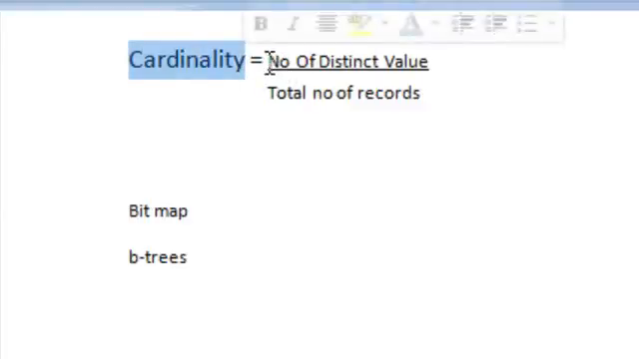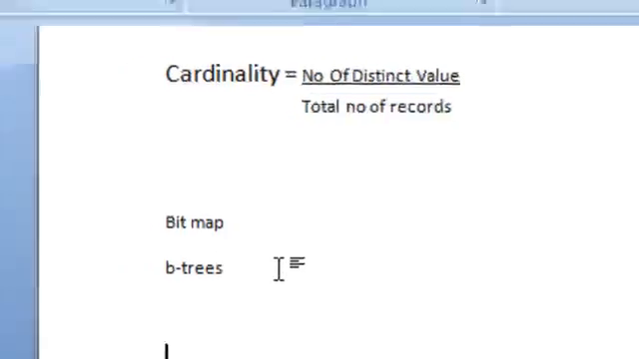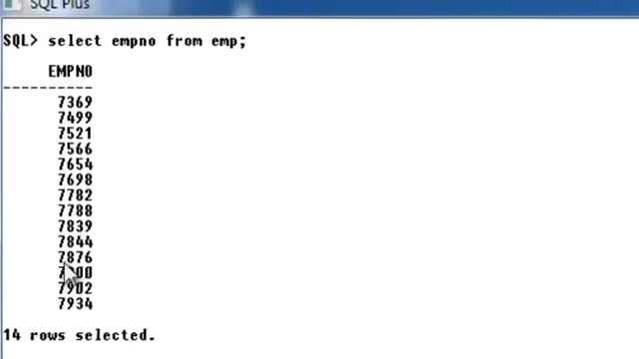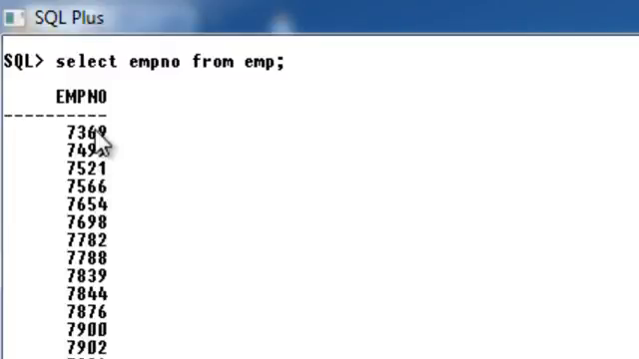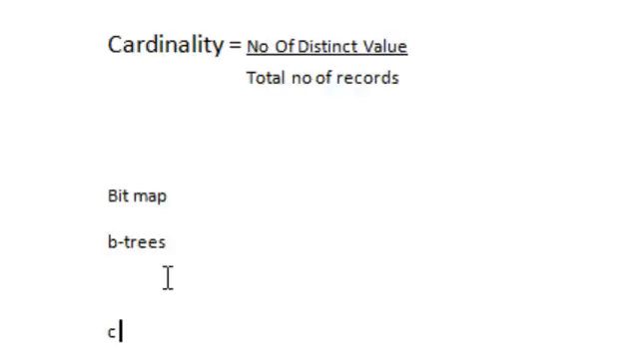So cardinality is nothing but the number of distinct values divided by the total number of records. How to find the cardinality for a column: for example, consider this employee number column. You can see that there are different unique values here in the employee number. Unique values are there, and so for cardinality for this employee number